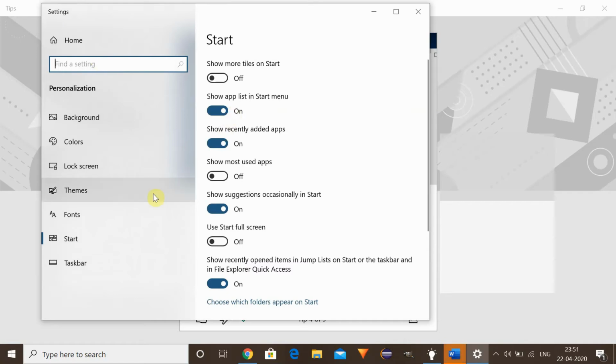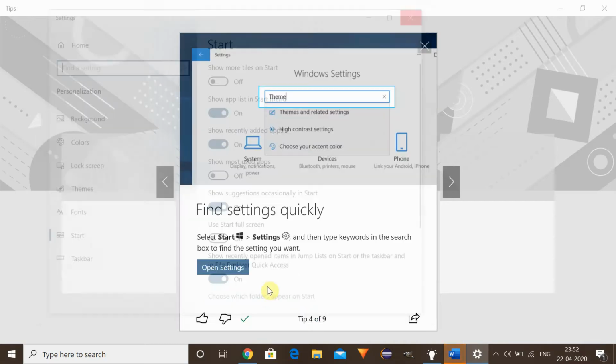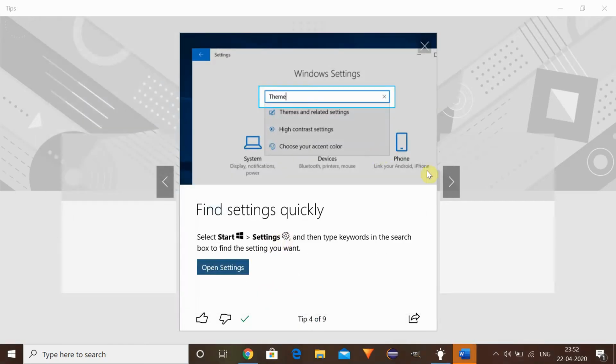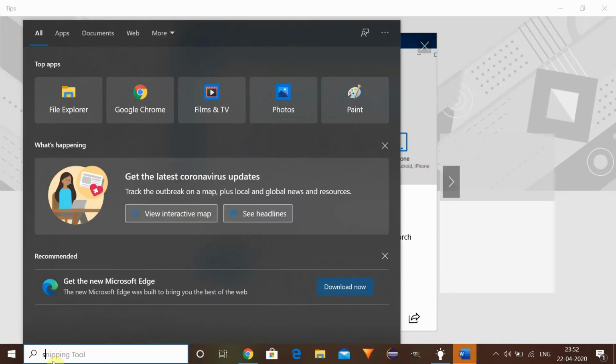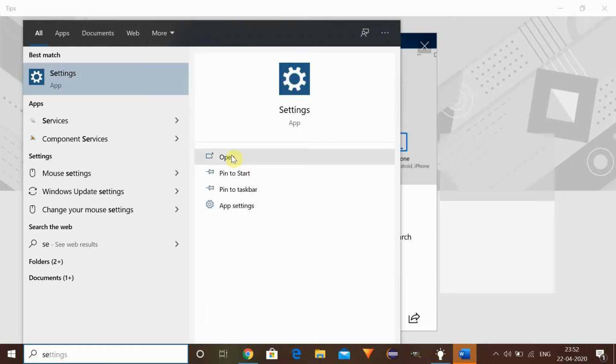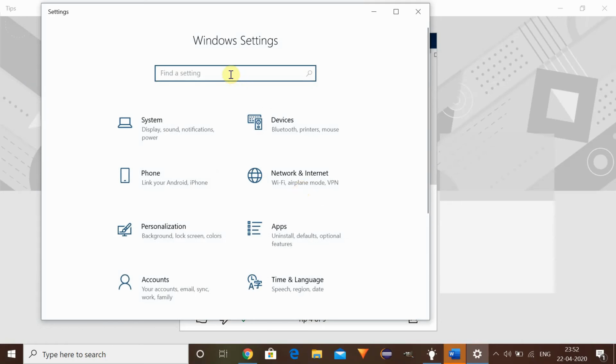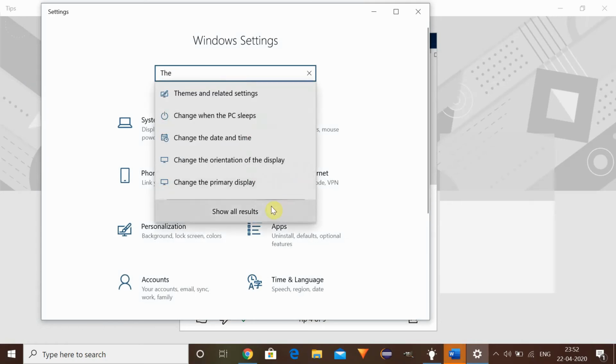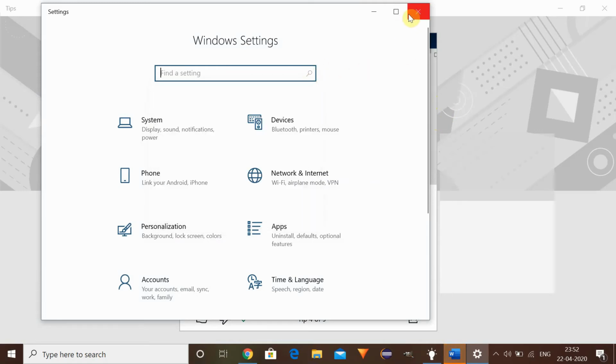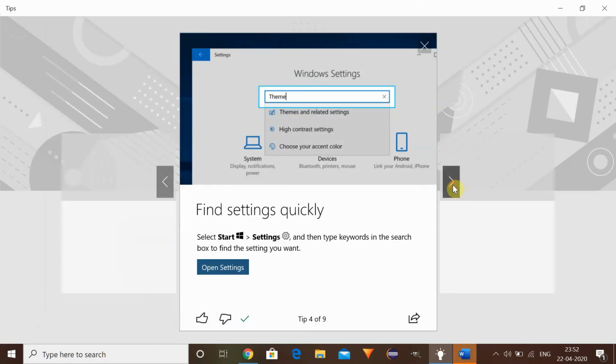And if you want to do the setting, you can also do this. You can go to the setting option by passing the setting keyword, which I have told you earlier. So just type setting and the setting app will get open. Here again pass the keywords and same thing, you will get all the results. So this is the same way to get the Windows setting fastly.